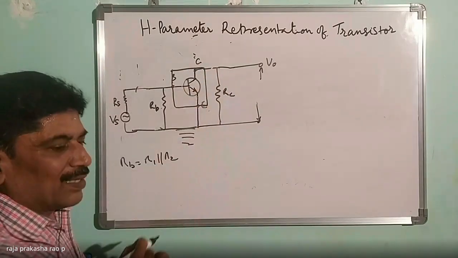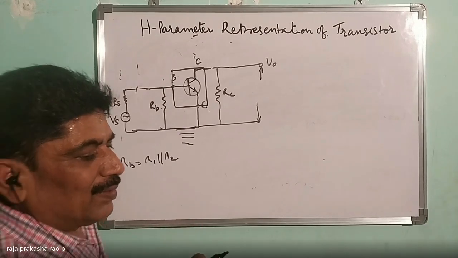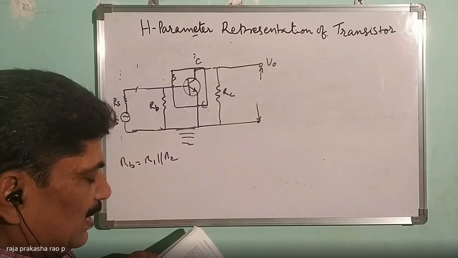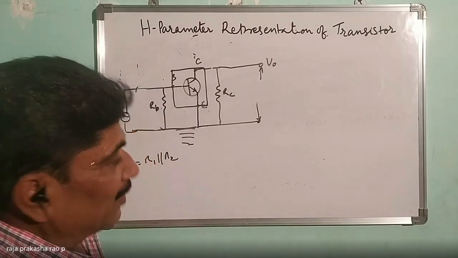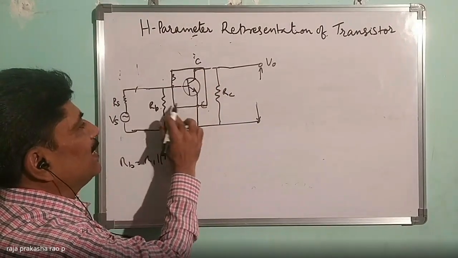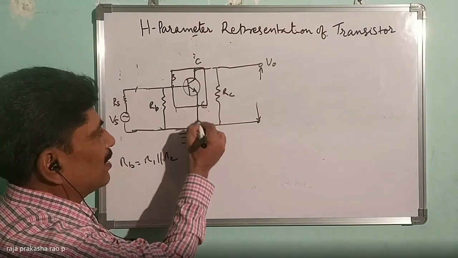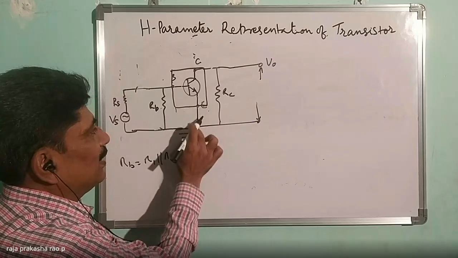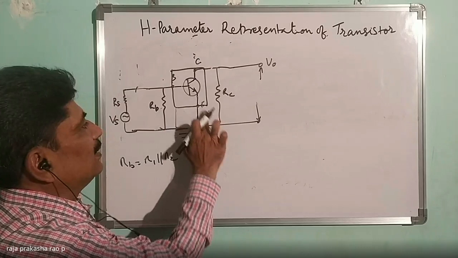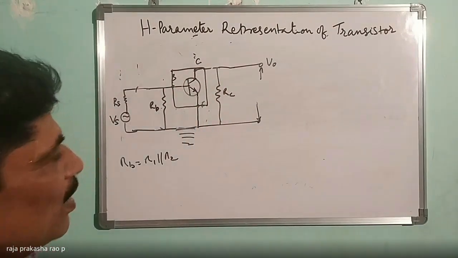So this is the transistor now. For the transistor, we have to draw, what is that fourth step? We have to replace it with the H parameter model. This one. This can be extended. If any resistor is there, we have to connect that resistor also. It is not there here, so this can be extended up to this point if you want. See, there is no resistor. Mark like this. This rectangle is denoting the common emitter transistor.